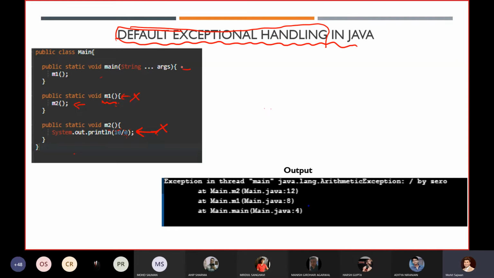Now again it will check here, do we have an exception handling code over here? Again, we don't have any exception handling code in our main method, so it will terminate our main method abnormally. Then who is calling our main method? Our JVM. Now our JVM will say, okay, if none of these methods are having exception handling code, then what